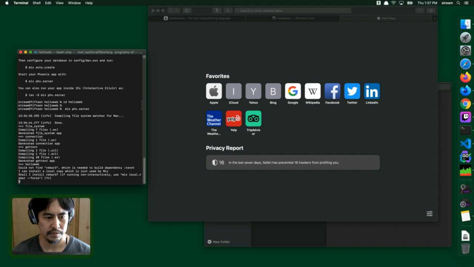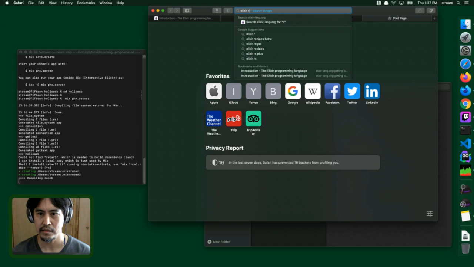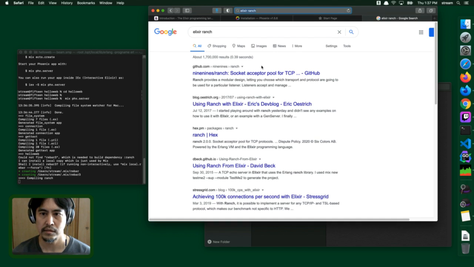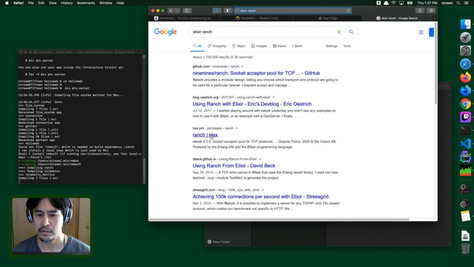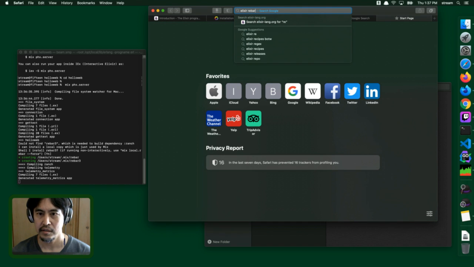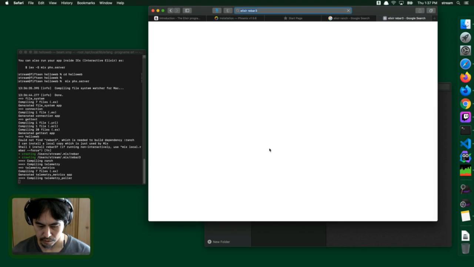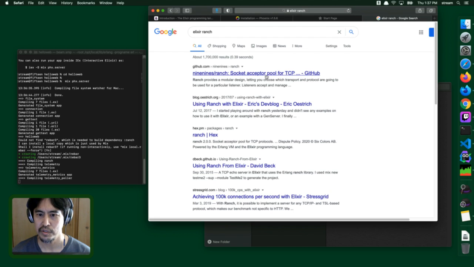Sure. Don't know what rebar 3 or ranch is. Let's see. Elixir ranch. Socket acceptor pool. All right, so this is Elixir rebar 3. Anything goofy here? There's a build tool that helps us build